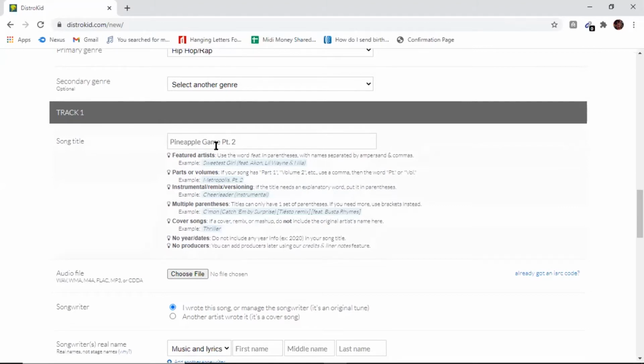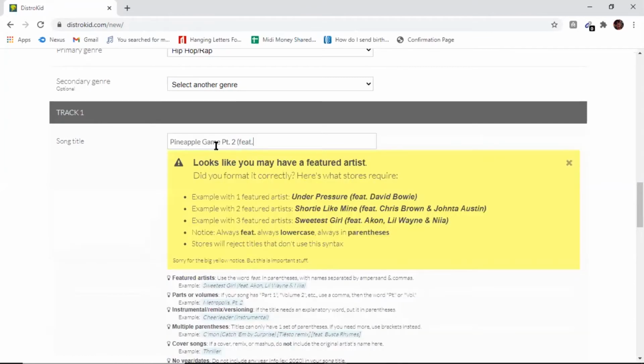All right, so it explains if you have featured artists, they explain the exact way you want to do it. You want to make sure that you type a parentheses, then the word feat with a period. And look, this massive box pops up, which is beautiful because it breaks it down. It says if you have one artist, you literally type feat, and then you just type the artist name, which